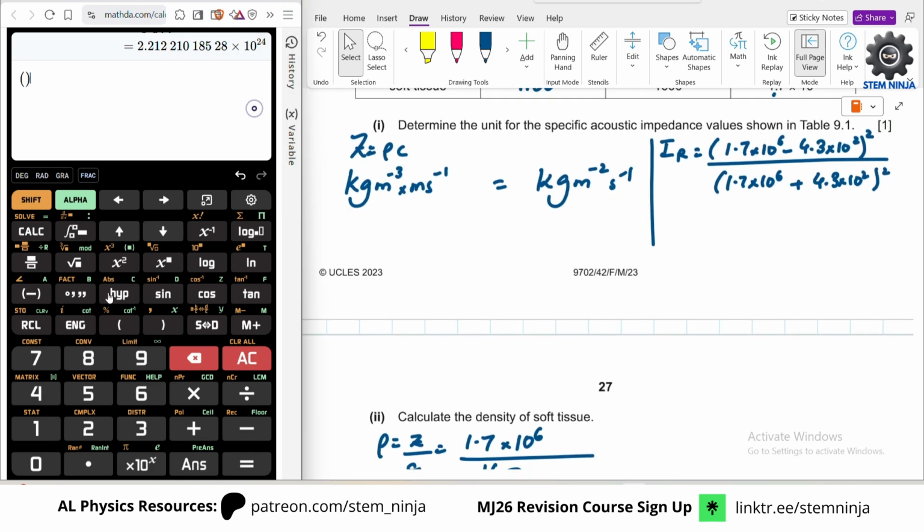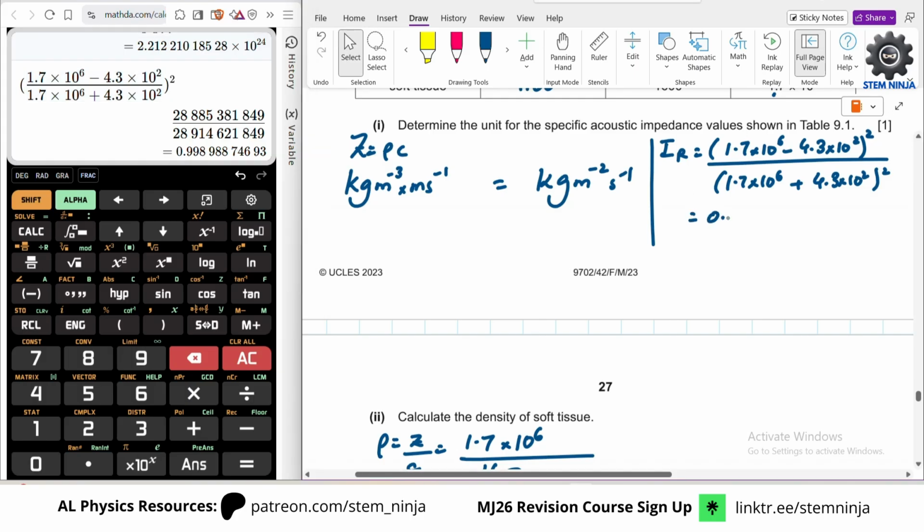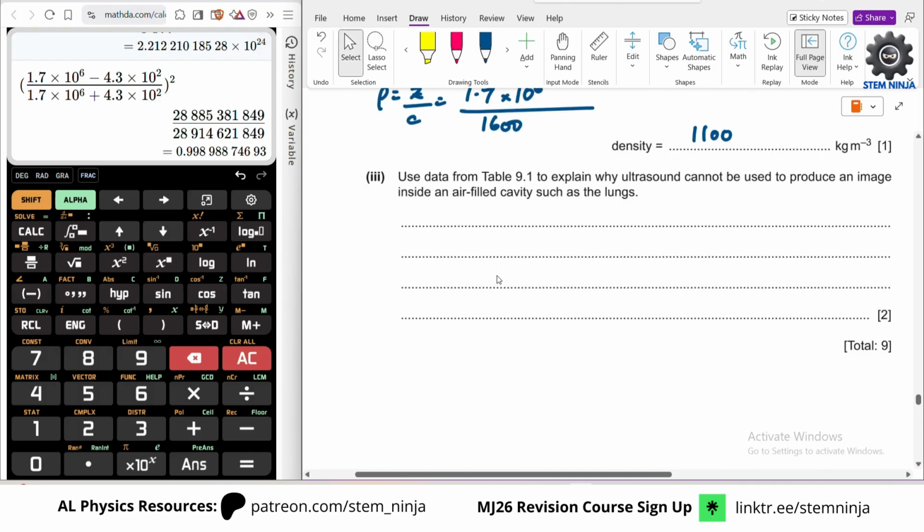So square (1.7 × 10^6 − 4.3 × 10^2), same values now, but with 10^6 plus 4.3 × 10^2. So this is 0.999, you can say. So we will say that the intensity reflection,